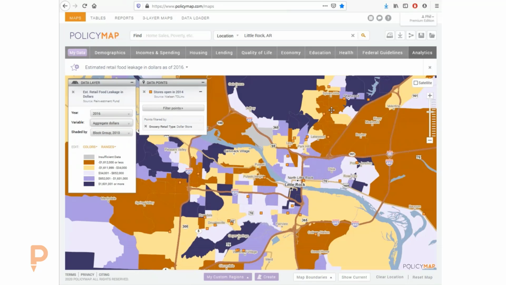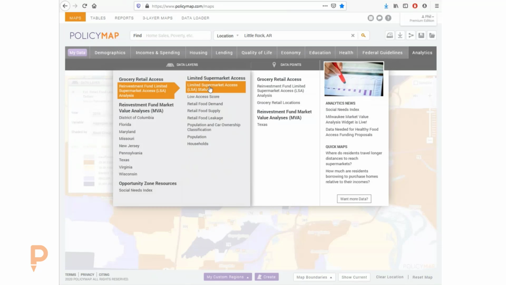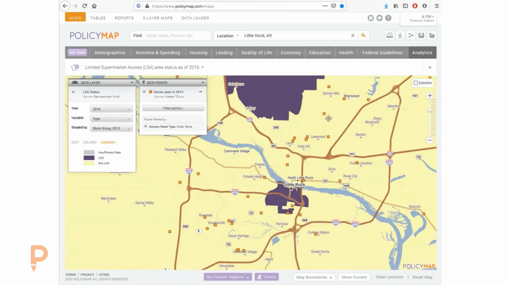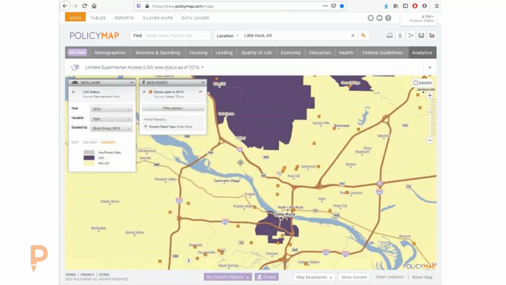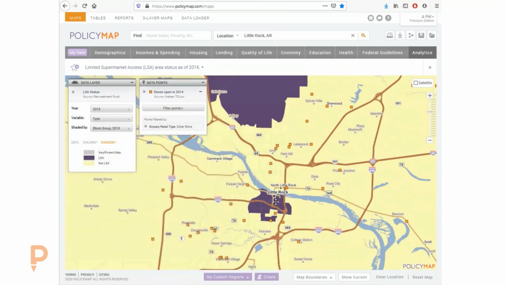So you start seeing this trend here, and if I were to take away leakage, you can start seeing the relationships as they sort of answered the need for access to foods, but it wasn't enough to reflect their full impact on an LSA. So in this case, even though there are no dollar stores at all in here, some of them probably did have fresh foods in those access areas.